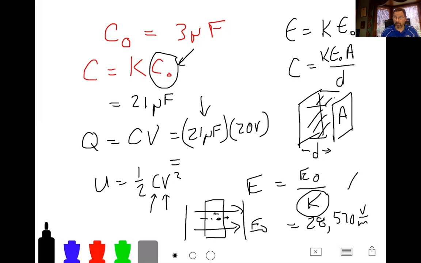We don't have to worry about causing a spark to go from one side to the other because we exceed the dielectric strength of the mica. We're well below it. So that's all you have to do for that one. And so if this becomes the maximum electric field, this would be the maximum voltage you can put from your battery, right? And that's all we're saying. So all we had to do was multiply by D. 150 times 10 to the sixth, yeah.